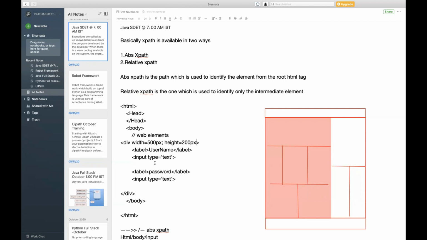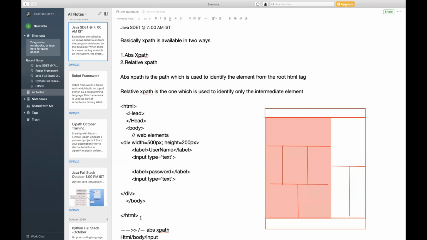Now to identify these division elements, it will take a lot of time to write this XPath, which is called the absolute XPath. In between, if the developer deletes any one of the division tags here, again you have to modify your absolute XPath. So identifying the elements, taking the help of the HTML tag down to your desired element using XPath, is called absolute XPath. In XPath, to represent this path from the root, we use a forward slash.